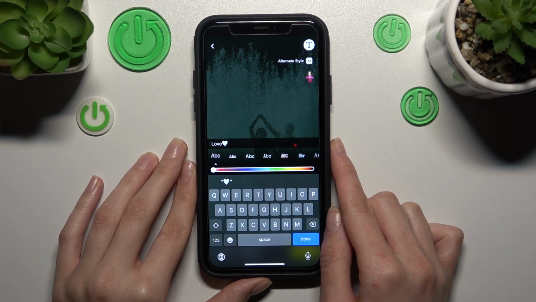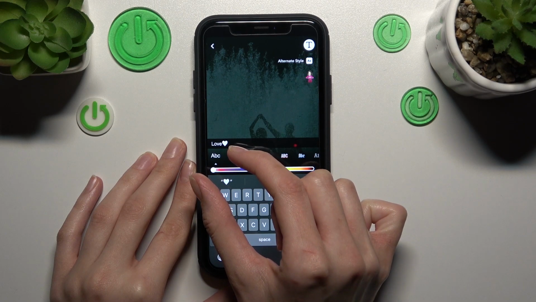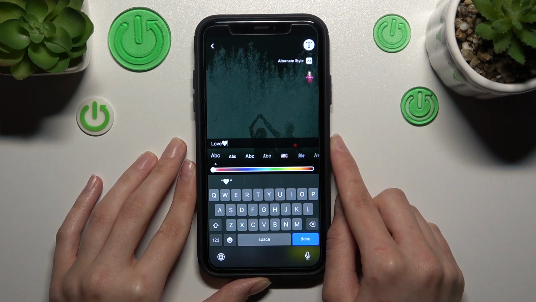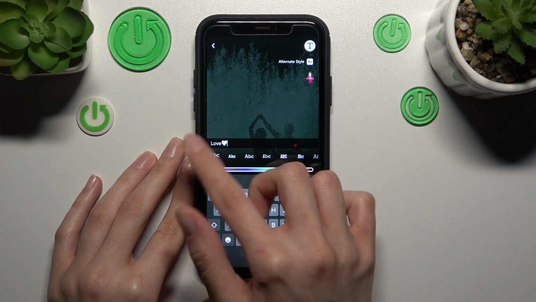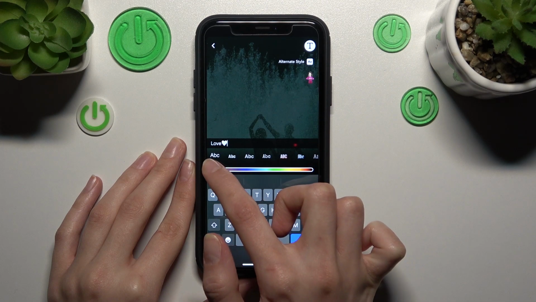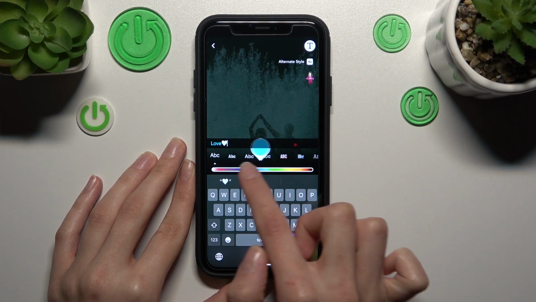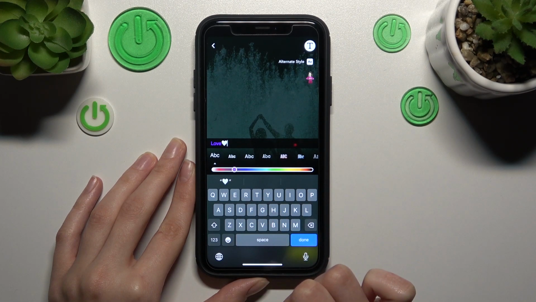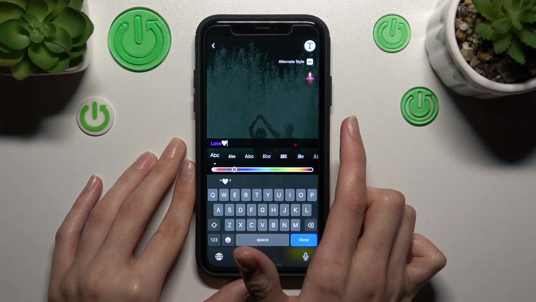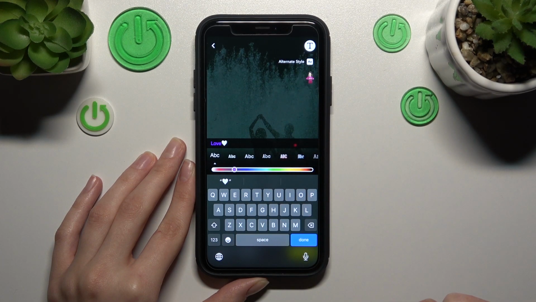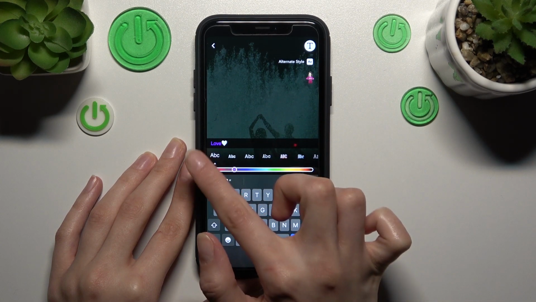Okay guys, but if you want to set this text on the center of your screen, you just do nothing because it's the default settings and this text will be on the center. You can also drag this selector to the right or left side to choose another color. I want to set this one. So guys, it's a very convenient option. To save these changes you just need to tap on the free space,